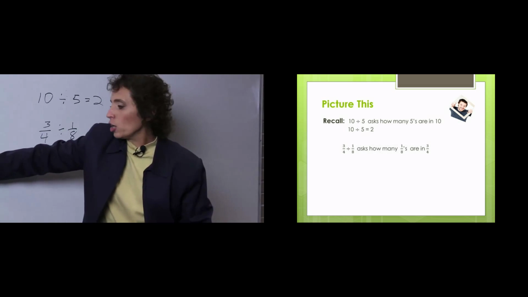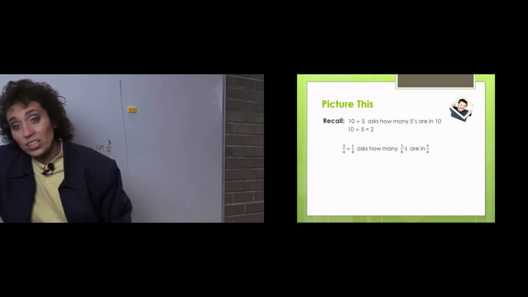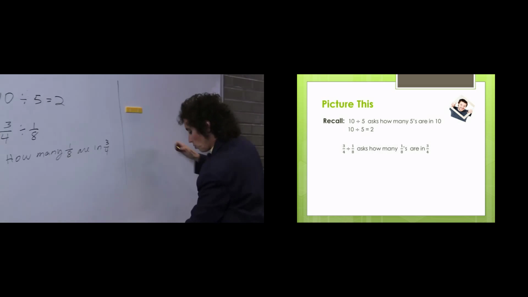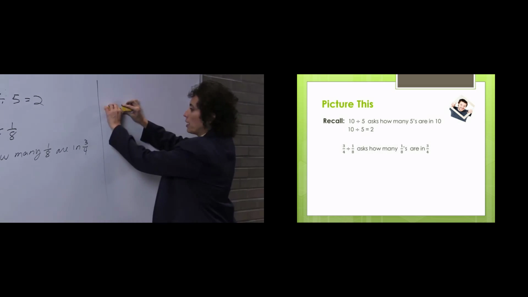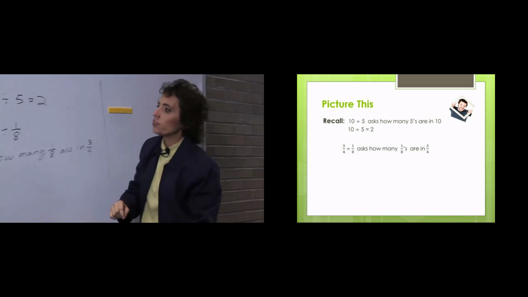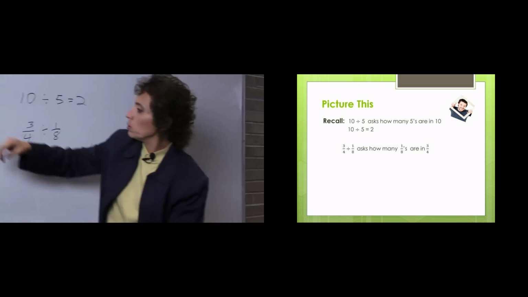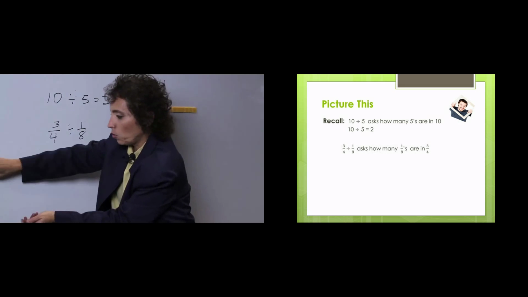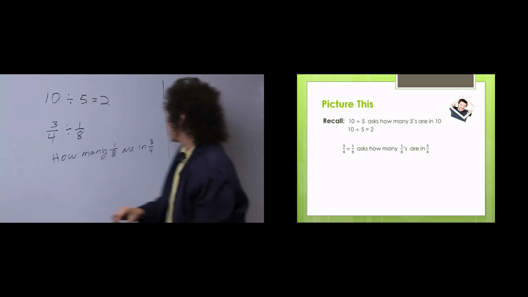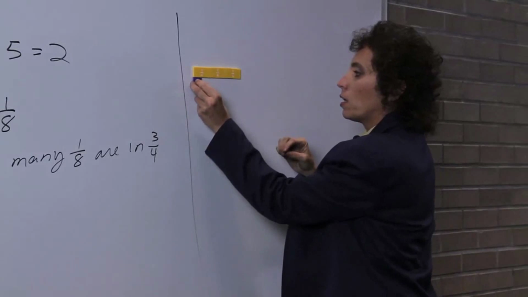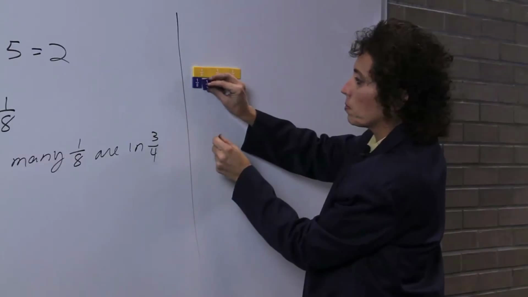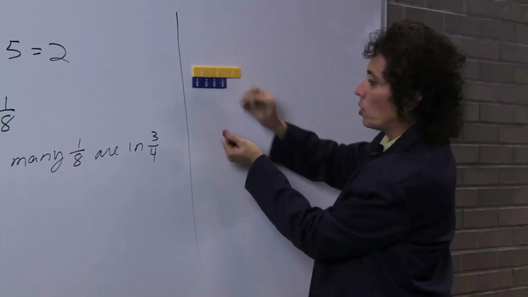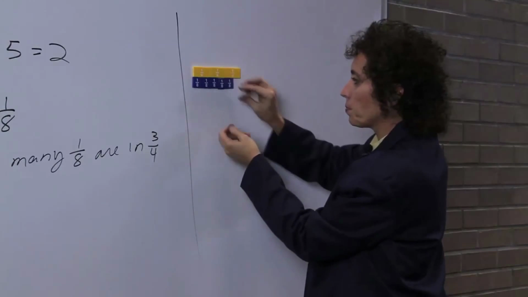Okay, so how many 1/8 are in 3/4? So I'm going to take 3/4. You know, because I had to use these again because they're just so colorful. Look, I'm accumulating caps, but not pens. Okay, now I'm going to take the 1/8. The 1/8 were the blue guys. I'm going to see how many 1/8, little guys, make up all of that. Let's see. I'm going to count them when we got them all set up.